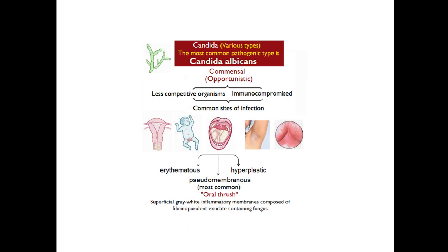Now the summary of the Candida infection is that it is a fungus and there are many types of Candida, but only some types can infect man, particularly Candida albicans. Normally it is a commensal, it is an opportunistic pathogen. By that we mean that it lives here, but when conditions are favorable for its growth, it can cause an overgrowth and can cause infection.